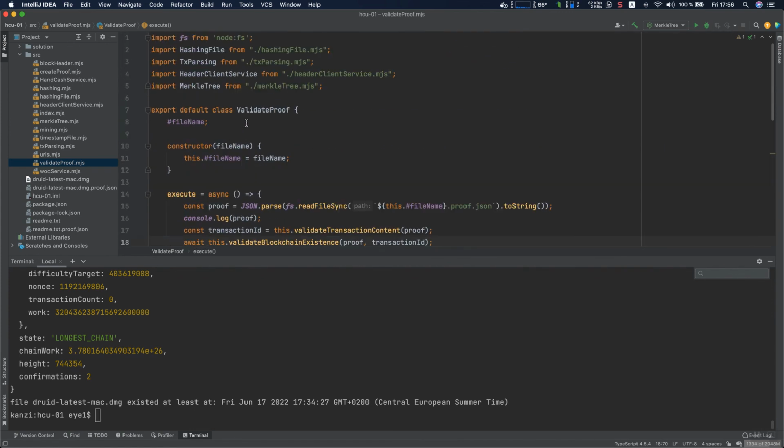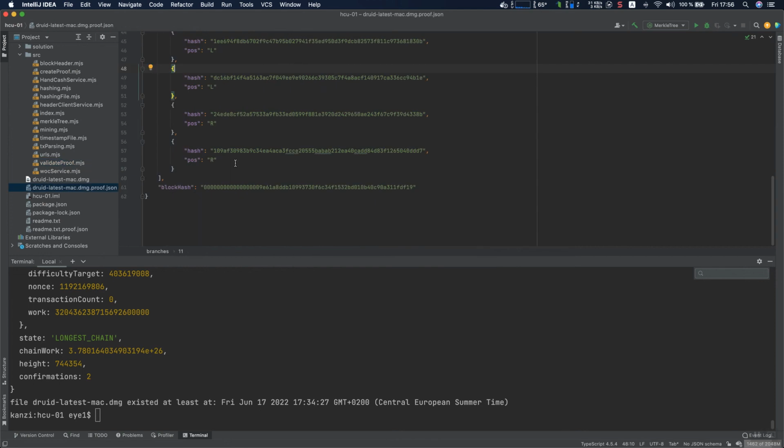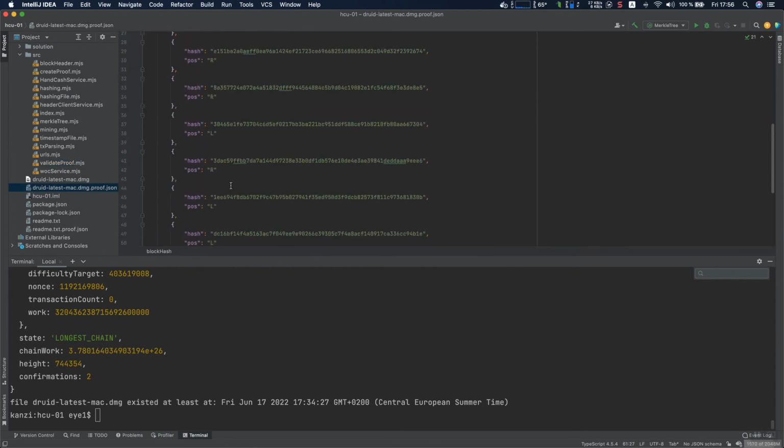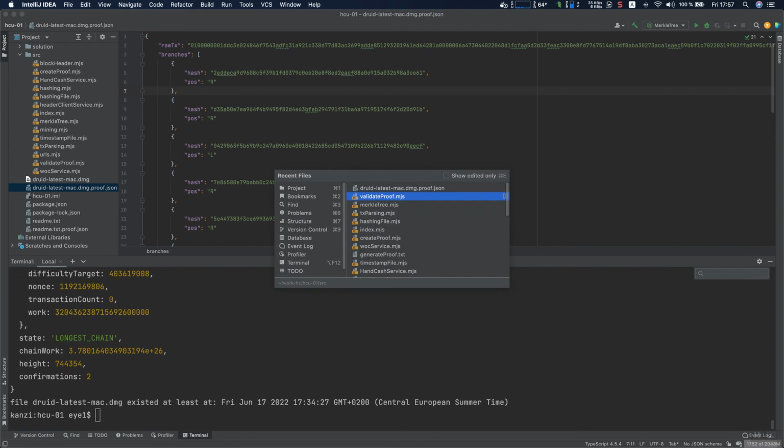So I wanted to stop and explain what kind of dependencies we have. The proof, if we look at it, as I said, has just 3 pieces: the block hash, the Merkle proof, and the whole raw transaction. So once we validate the proof,